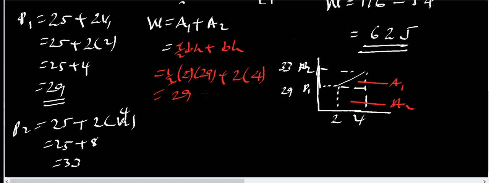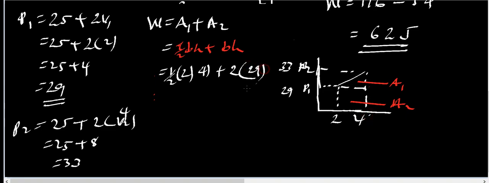This is base times height, okay, sorry. This is equal to 1/2 times base, which is 2, and height, which is 33 minus 29, that is 4, plus 2 times 29. 2 by 2 is equal to 4 plus 58, which is 60